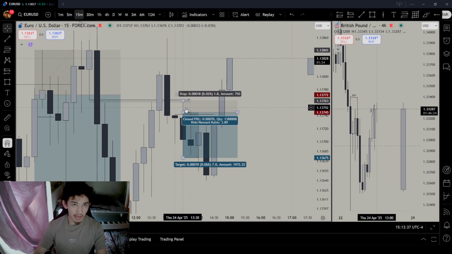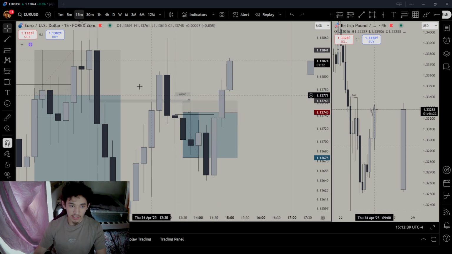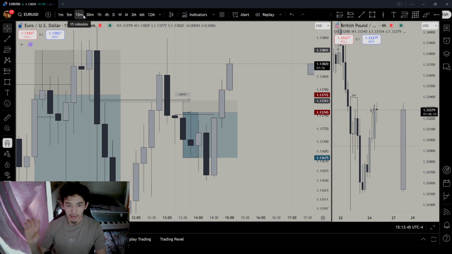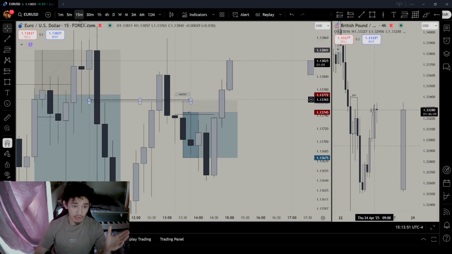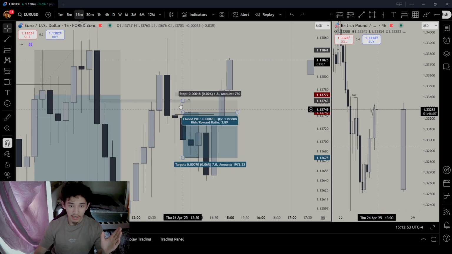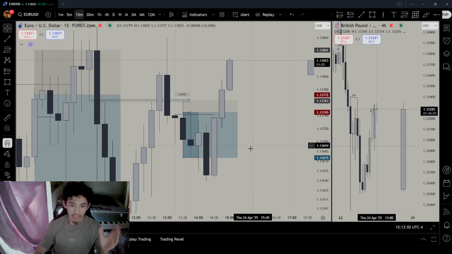So you have a 15-minute macro time to take a trade, as well as a quick 15-minute accumulation, mid-pitch expansion, a quick 15-minute XM model to the downside, like a 1 minute XM model. This is the only way you can take a 1 minute trade. In the AM session, you can't take a 1 minute trade because there's too much volume here. It's like a little small macro that you can take a trade out of, which is proven